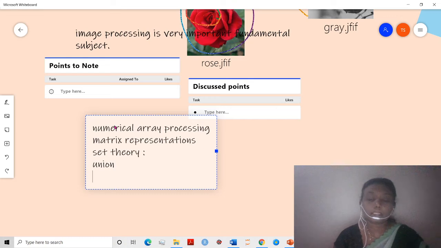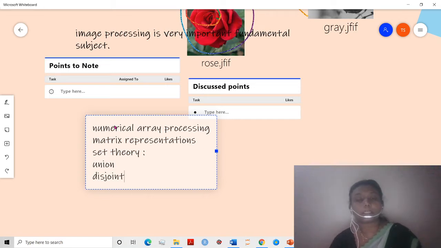Next, another one, disjoint. The set theory operation union is used to combine two images, two grayscale levels for that one, and to crop the image. These are only examples. We need the disjoint set theory operation mathematical model, and we also need the